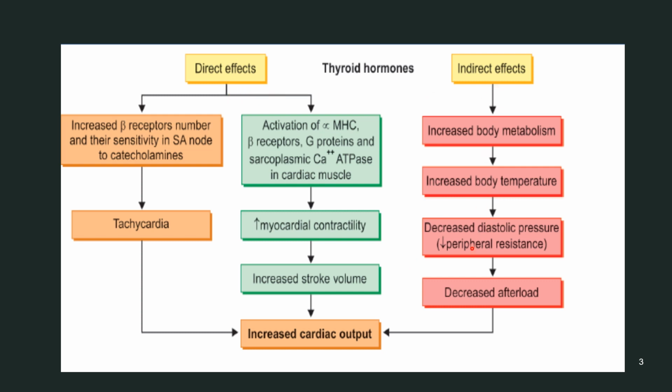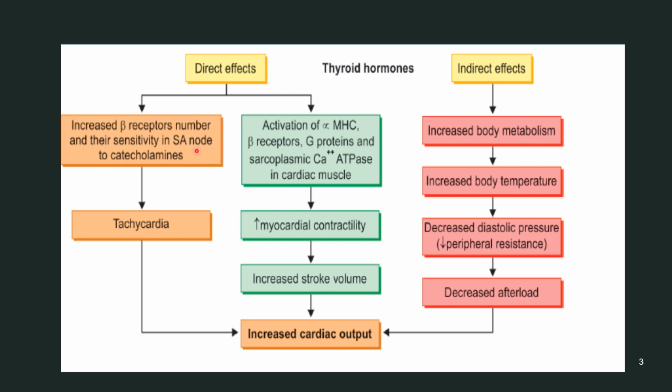So first let us discuss the direct effect. Directly, the thyroid hormones can increase the heart rate or cause tachycardia. How? Because the thyroid hormones increase the number of beta receptors on the nodal tissues. What are the nodal tissues? The SA node and AV node of the heart are the nodal tissues. And it also increases the sensitivity of beta receptors to catecholamines. So one thing, they are increasing the beta receptors on these nodal tissues,